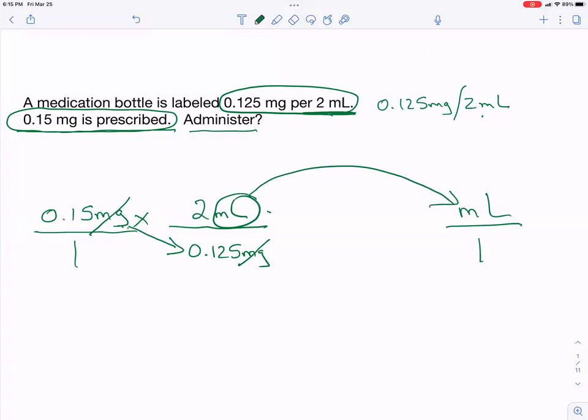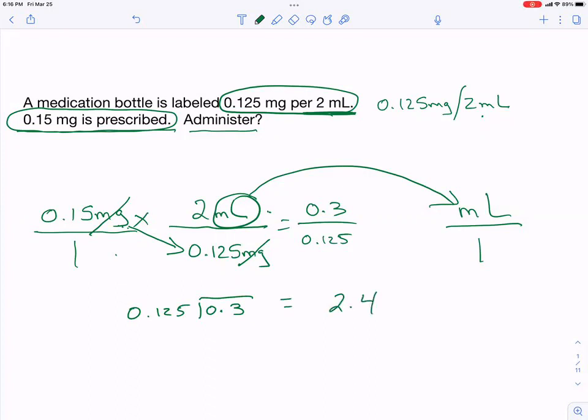So now my famous saying is, now it's just math. So 0.15 times 2 is 0.3. And 0.125 times 1 is 0.125. So now I have to divide 0.125 into 0.3. And when I do that, I use a calculator because I'm no mathematician. This gives me